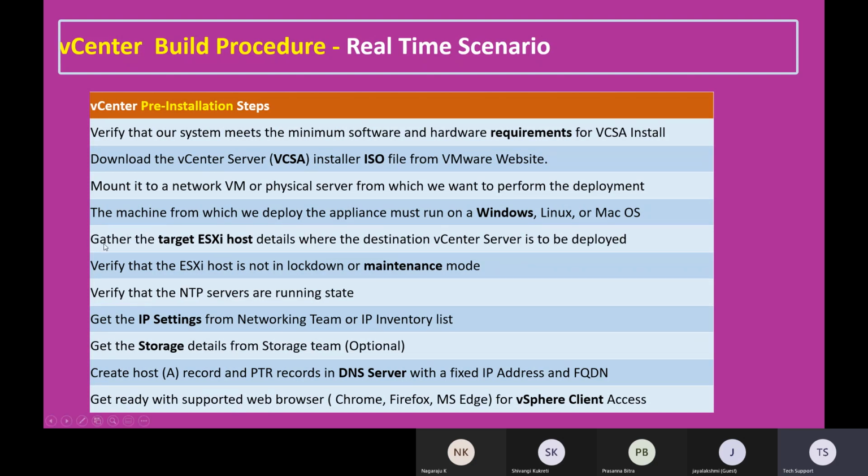Another point is to gather the target ESXi host details. We have to gather the ESXi host details, which host we are trying to install a vCSA on, and verify that the ESXi host is not in lockdown or maintenance mode. Suppose you plan to install vCenter server on one ESX host and the host is in maintenance mode, it won't allow you to install. So just before we install, we verify that the host is not in maintenance mode, and verify the NTP server